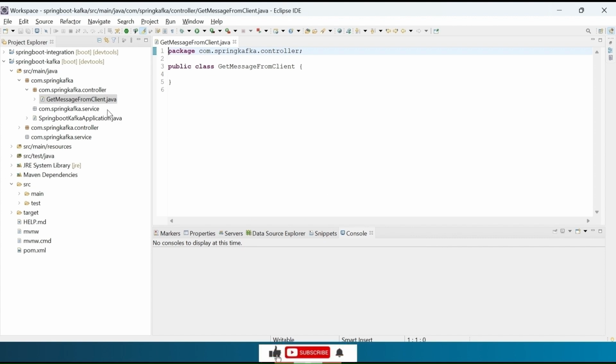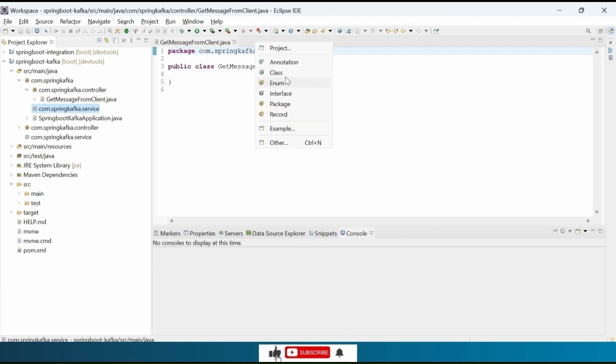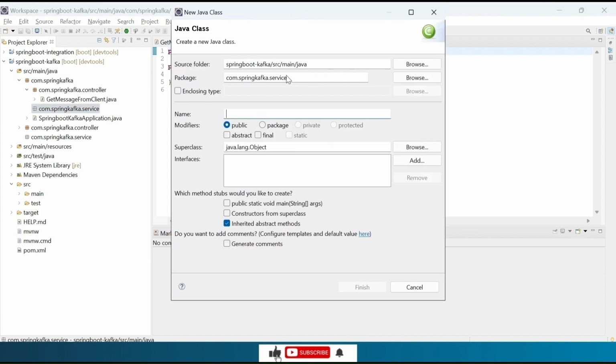Create service classes. Right click on service package, new, class, enter name as Kafka producer and click on finish.